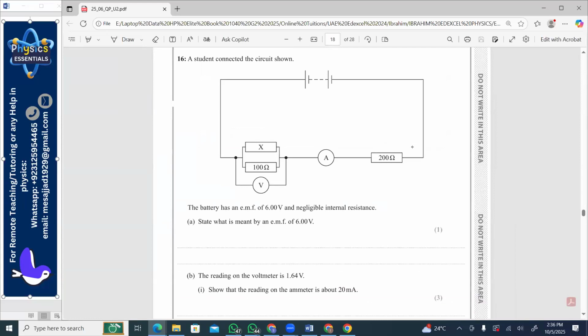A student connected the circuit as shown. The battery has an EMF of 6 volts and negligible internal resistance. State what is meant by an EMF of 6 volts. Okay. So EMF is actually electrons motivative force. Electrons are sleeping in a cable if you are not applying energy to them. So they will be all day sleeping just like me and you. So the battery comes in and motivates the electrons to flow and do some work. So we call the battery an EMF. And if EMF is motivating the electrons by giving them 6 joules of energy, so we will say that